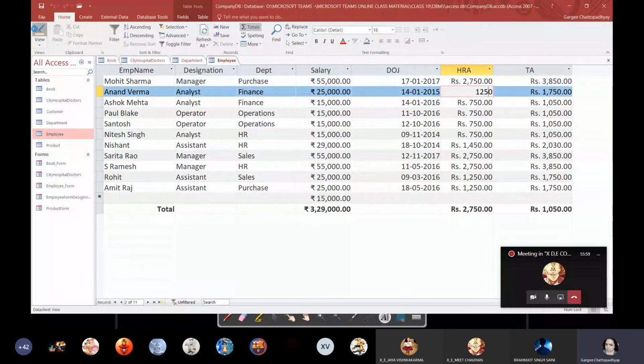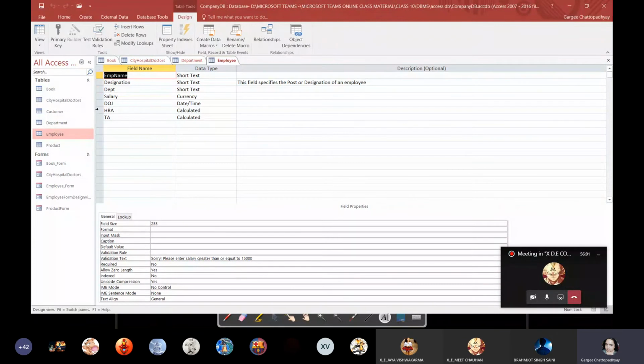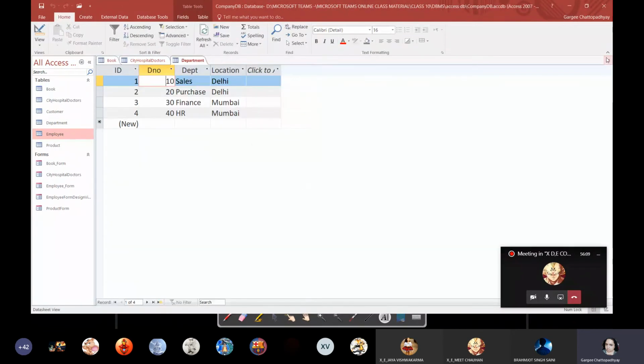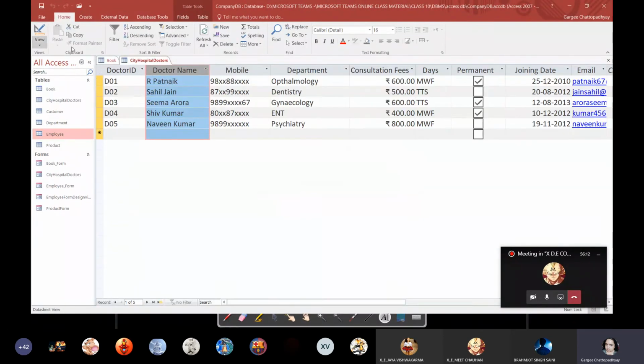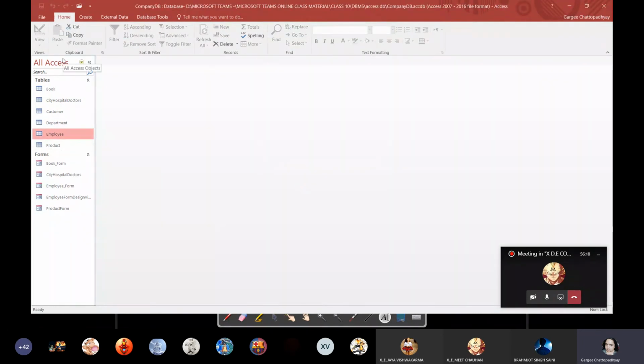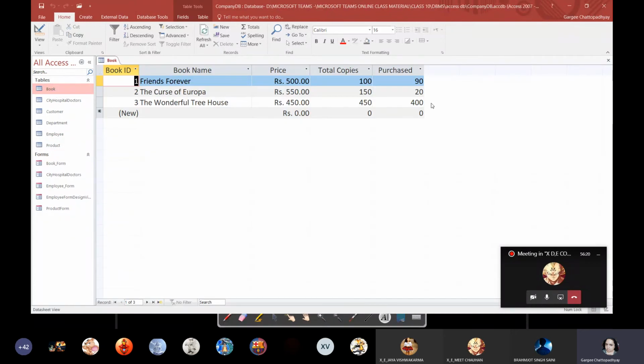Okay, let us go to the design view, and I have not explained two things, that is how to create a calculated field. So let me tell you about a calculated field. To create a calculated field, we need to first have some fields in the table. So let me go to the book table, and over here I'm going to display total amount.